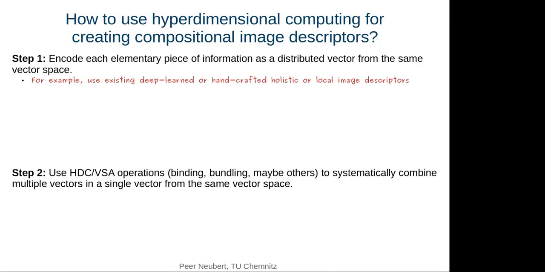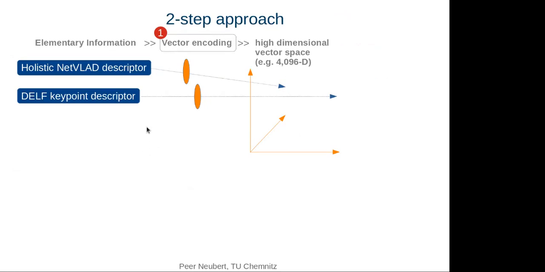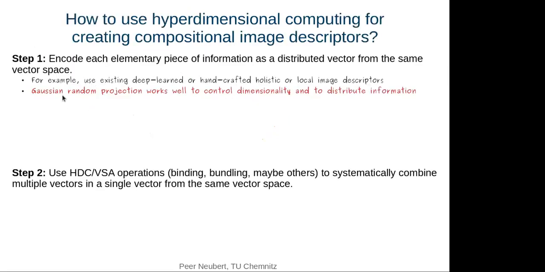Okay, let's move on. So we have this pipeline: elementary information, vector encoding, our high-dimensional vector space. For example, a 4096 dimensional space. If we want to use something like a holistic NetFlow descriptor, the vector encoding to this space is super simple because this is already such a vector. So nothing to do here. If we have other descriptors like Delf key points, then they're similar in structure to NetFlow, but they are of a different dimensionality. And here it turned out that a very simple Gaussian random projection works well